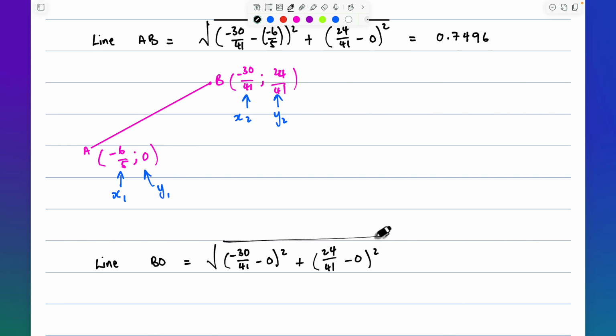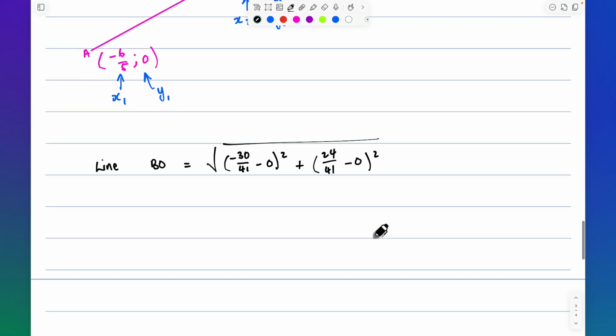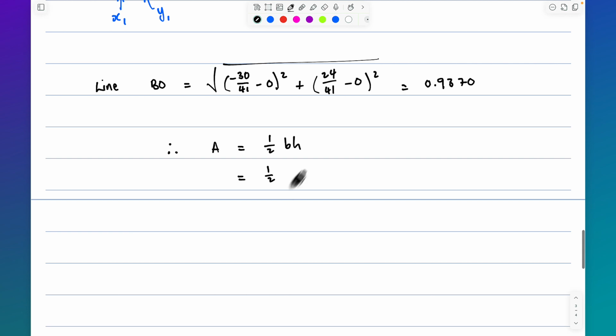Punch that into your calculator again. So that's 30 over 41 squared plus 24 over 41 squared. That gives you 0.9370. So finally, your area, which is half base times height, is equal to half of your base, which was 0.7496,